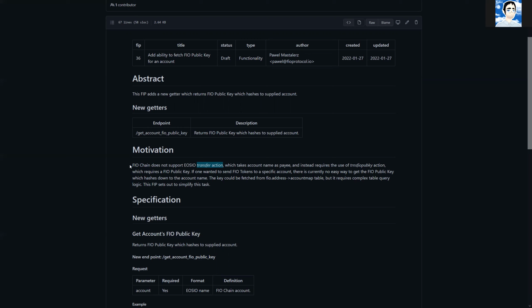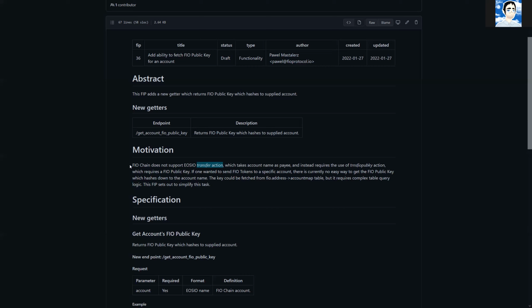And then what happens on the back end, that public key is hashed down to an account name using a predetermined function, and the tokens are actually sent to that account. So they're not sent to a key that might be in permissions or anything like that. They're always sent to an account, obviously. But that key is taken and hashed down. And that works fine most of the time, but if somebody starts setting custom permissions, what may happen is that